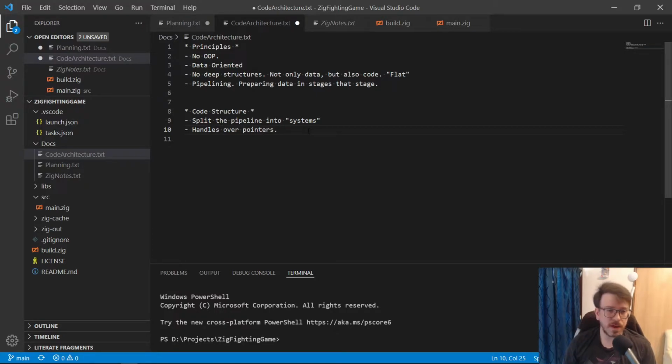And speaking of that, we're going to store data in components. This is the C part of ECS. Components are not going to have their own behavior. Behavior is all going to be handled by systems.